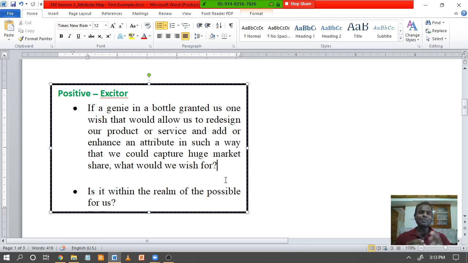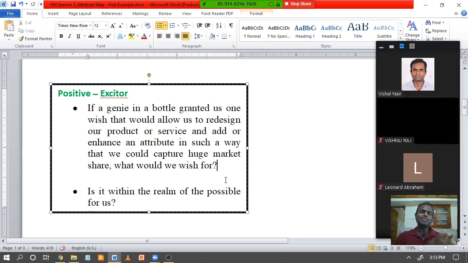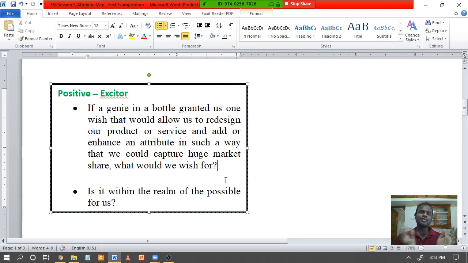Now when you create the product, you should have them in your mind. Will this diaper be convenient to them? Will this particular product be convenient to use? Can they use this diaper easily and dispose of it easily? Will this be comfortable? Now when it comes to the consumer, they will see, will this formula be tasty for your consumer? Because if the baby is not happy with the product, of course the parents will change the product. So the consumer is also in the mind of the person, but first the customer comes in the mind, then only the consumer.